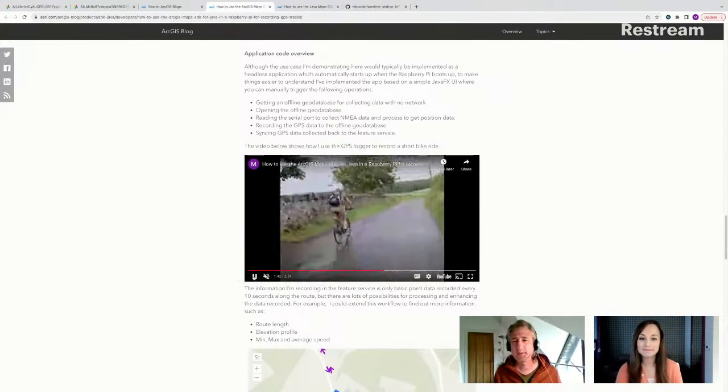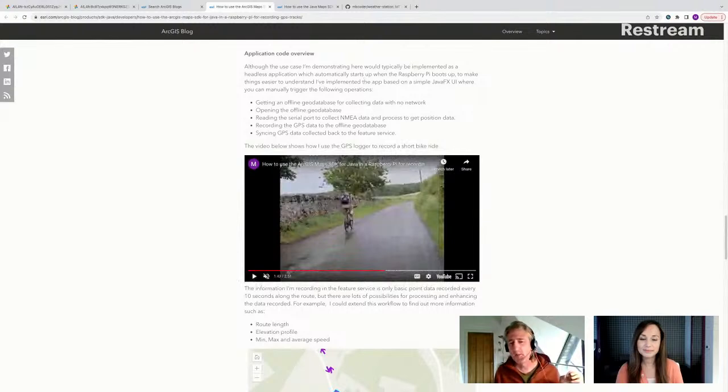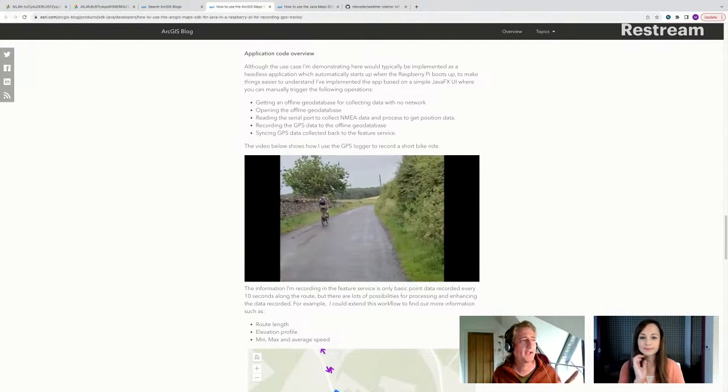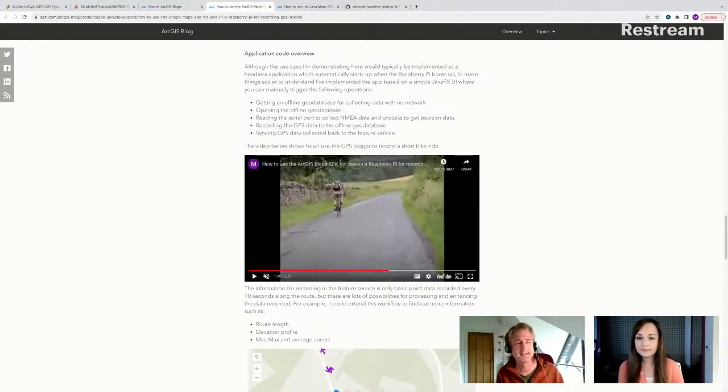Now, those of you who are familiar with feature services might ask the question, well, why would you bother using the Maps SDK in this case? Surely you could just use the REST API and just push those data collection points back into your feature service. Well, this would work until about this point here, when you're cycling down the hill from my house, when you lose the internet connection to my home Wi-Fi. After that, all of the points you're going to collect will just be lost. Now, this is where the Maps SDK comes into use, because what we offer